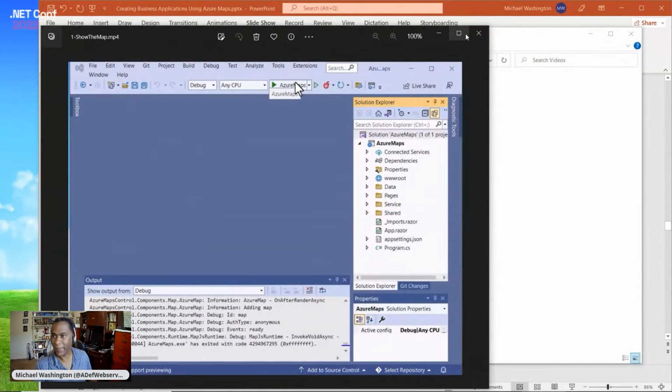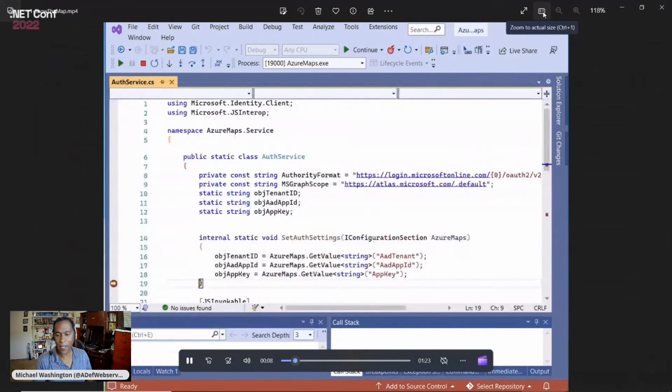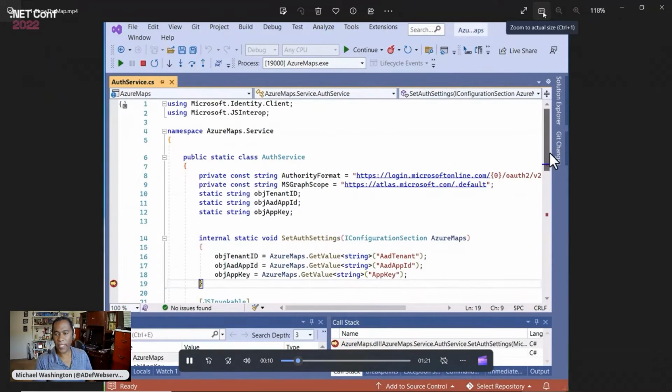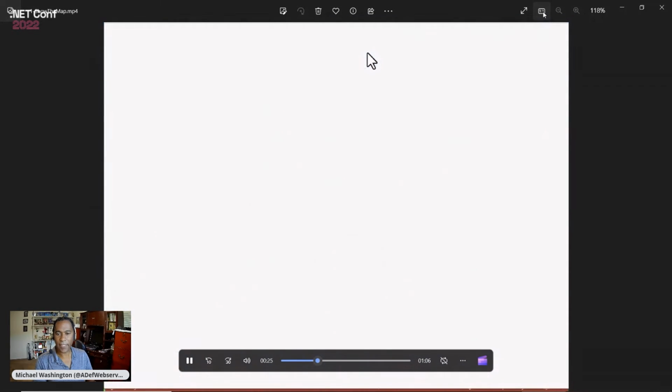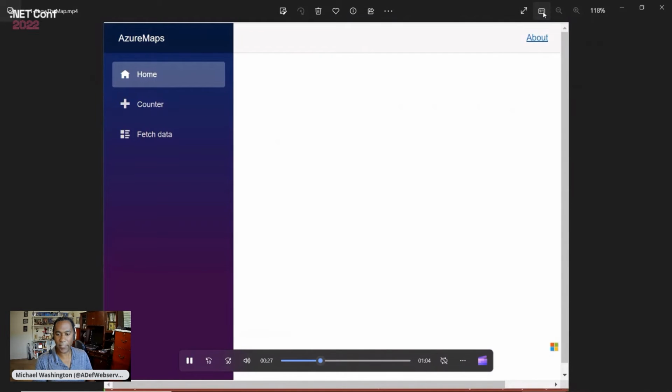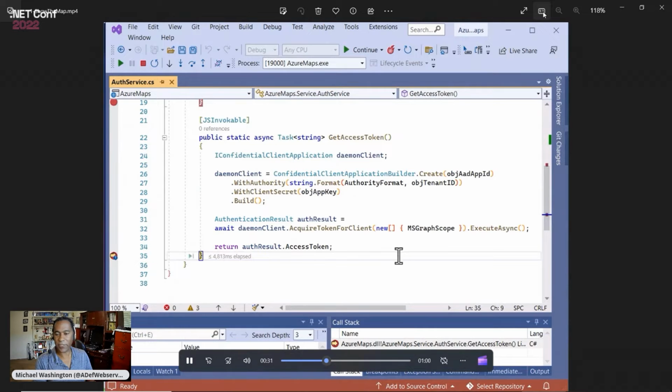Okay, so here it's showing that when the app first runs, the SetAuthSettings is being called, and it's being passed the tenant ID, the app ID, and the app key. When we continue, we see that the layout.cshtml page, that code starts to run, and it calls our GetAccessToken method to get the access token.